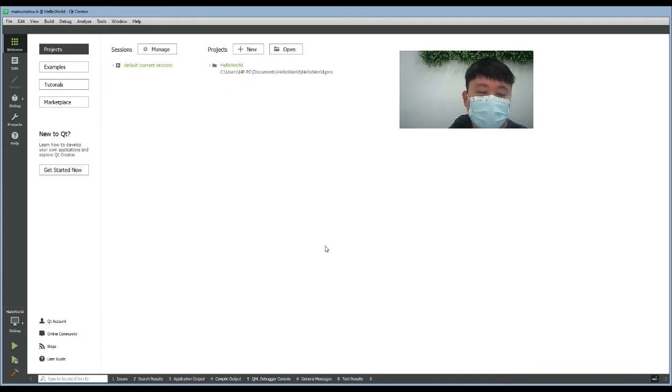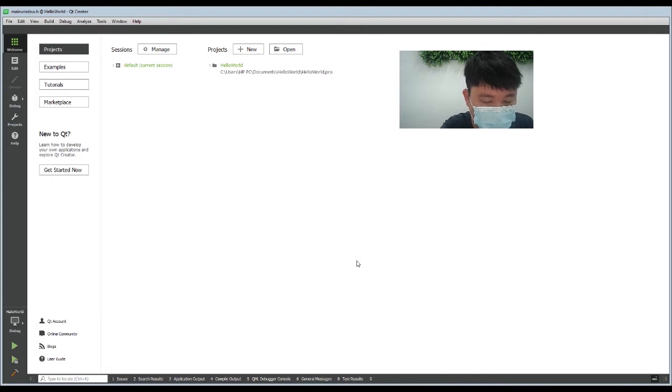Once you open up Qt Creator, the first thing that you need to do is to create a new project. You can click on the New button located here or go to File, New File or Project. We're going to use the first option. The second option is console application, which does not have any UI. This is usually for server programs, so we're not going to use this. Just go to Qt Widgets Application, click Choose,